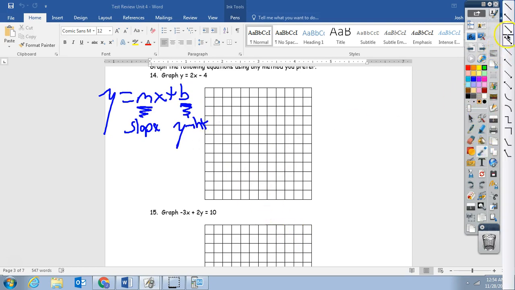So what I told you could do is if you see an equation that fits that format, notice in number 15 you would actually have to solve it first to get it into that format. But if it fits that format, all you have to do is